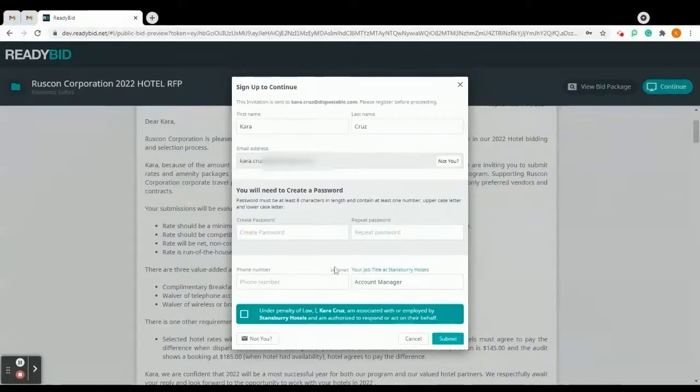And you'll be asked to create your ReadyBid account, or if you're already a user, this window will only ask for your passcode. Anyway, I'm a new user, therefore I have a password to create. And click submit.